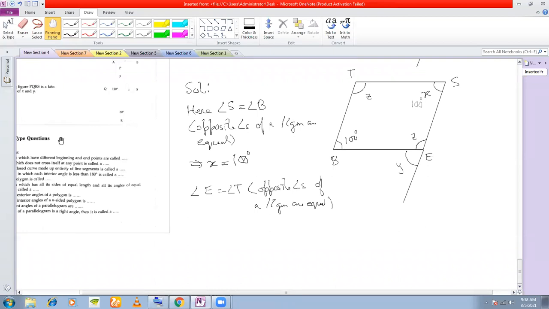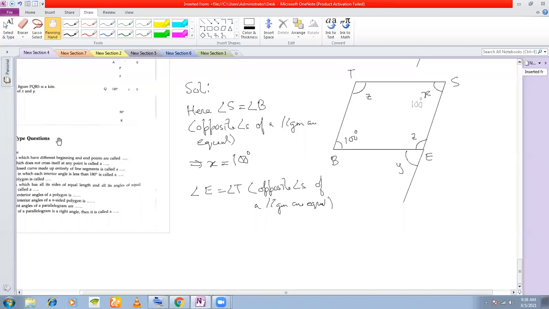Why should Y be equal to X? Tell me why. Go ahead, give me your reason. I want to hear your reason. Yes, sir, because Y is looking same as X. Though they may look the same, we are not talking about looks. Looks are deceptive. A very good looking boy or a girl can be a very bad human being also.